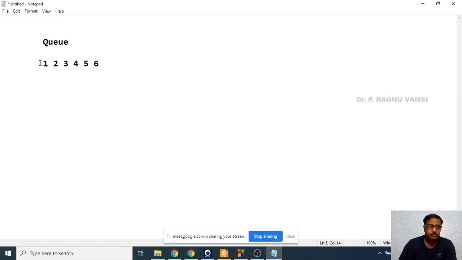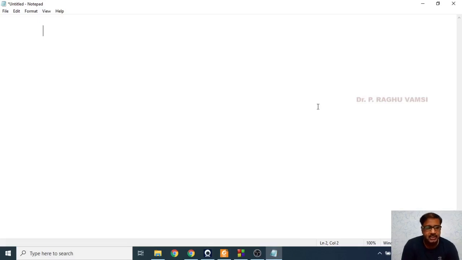Now this is the queue you are having, and for example, you want to enter these elements into the queue. But if you enter the elements into the stack, assume that these are the list of elements 1, 2, 3, 4, 5, 6.